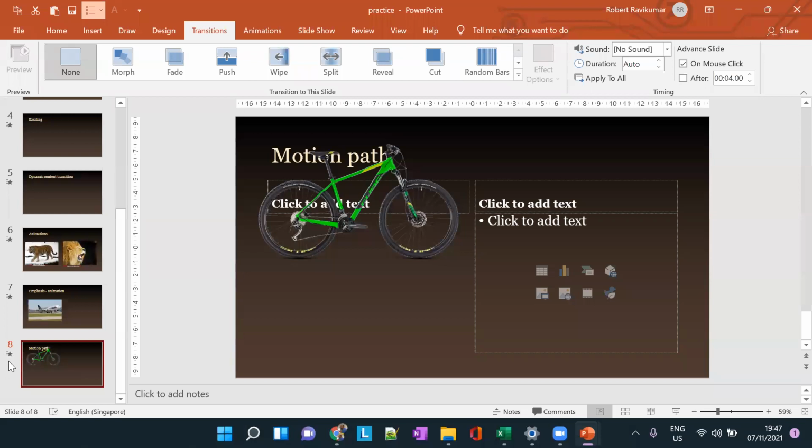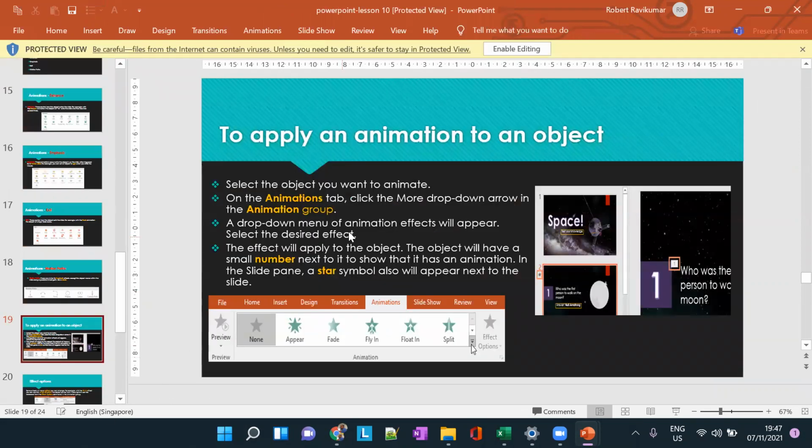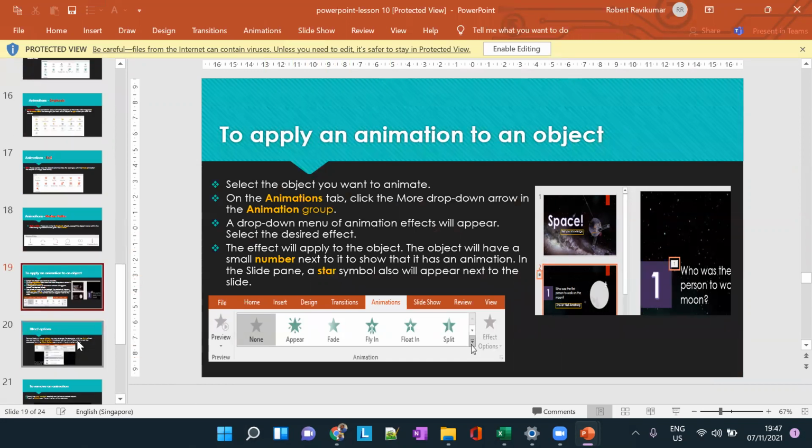See, you can see the star still appears because we have an animation in this particular slide. Even if there is no transition, if there is an animation, you can see the star symbol on this slide. That's what is mentioned in this last point here.